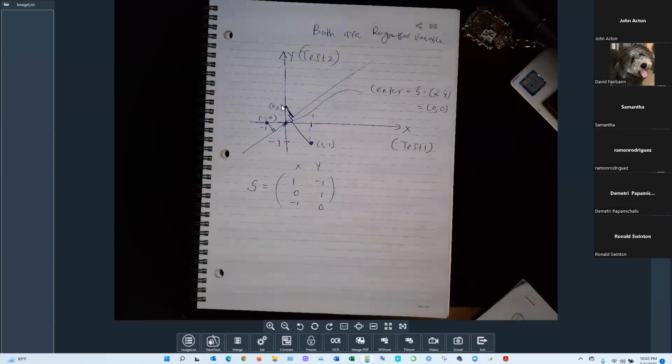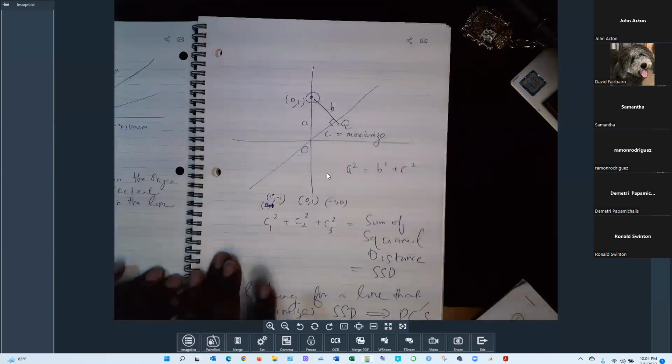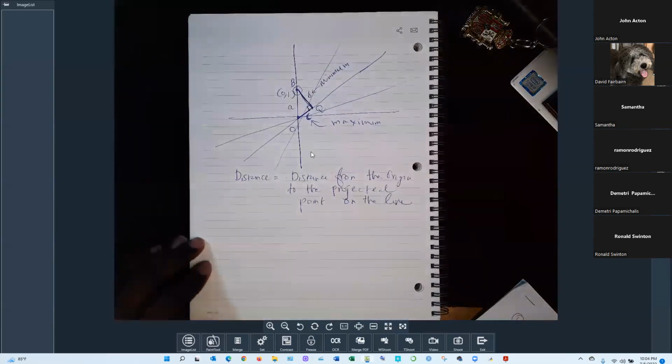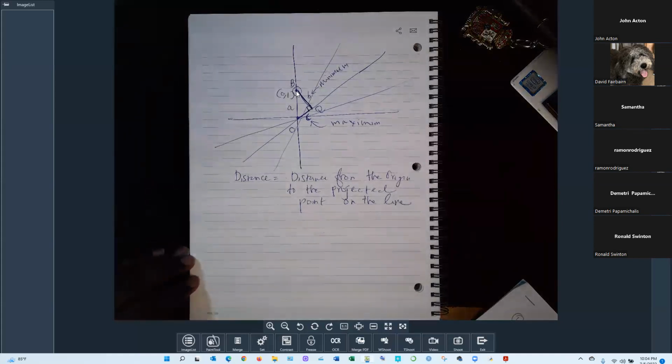The mean value of this data would be here, just like a scatter plot in 2 dimensions. I'm trying to find a new variable in such a way that the projection from any point, I pick only one point at a time. Okay, 0, 1. Forget about the other 2 for the time being. 0, 1, 2. I'm going to project that one to several lines in such a way that my distance from that point to that point of projection is minimized, while the distance from the origin to that point of projection